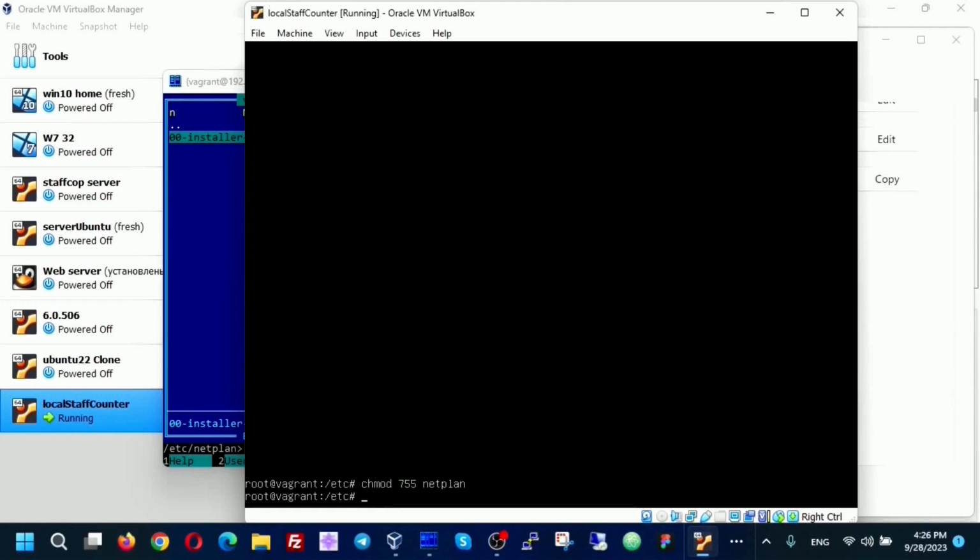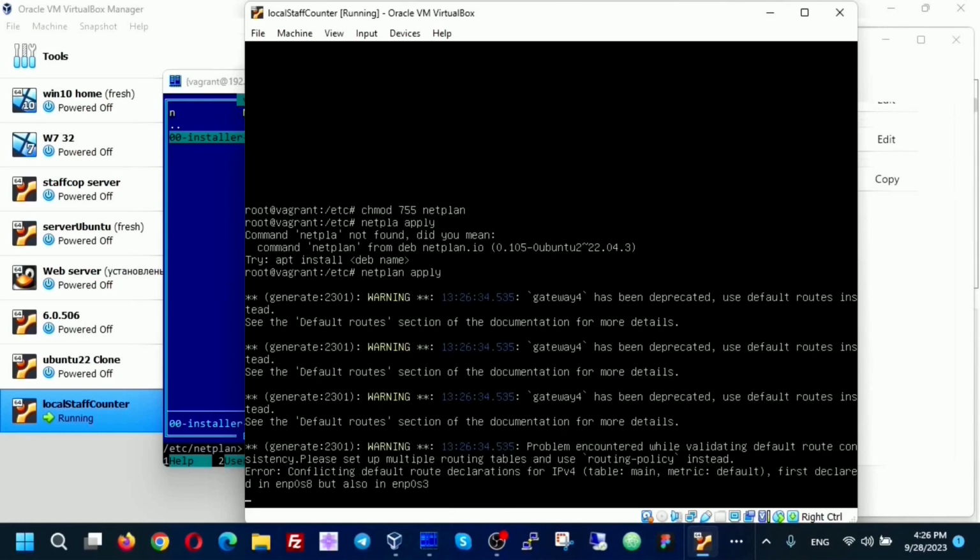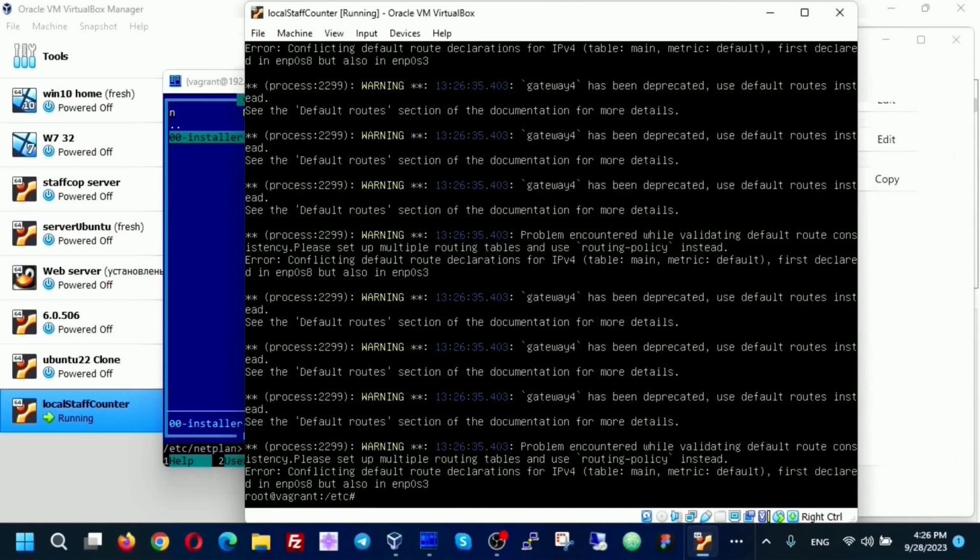And then, in order to apply the changes, I can either reboot the system or run the netplan apply command. With a few warnings, because I used something outdated, the changes have been applied, and the network address of my server was changed.